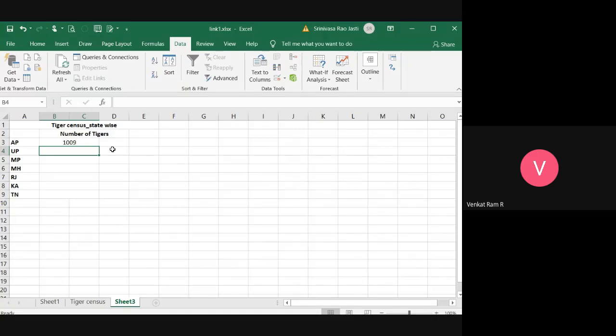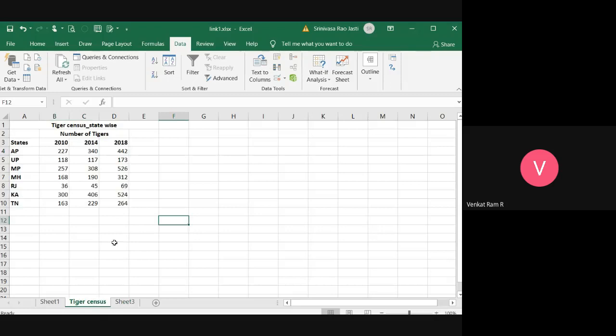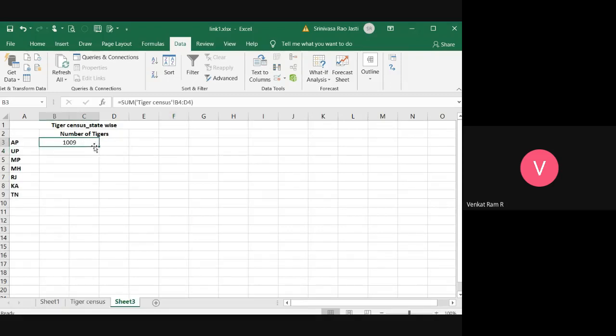See, I didn't do anything. I just entered the data here, but we can merge the data from another sheet also, and you can just copy and paste. Automatically you will get the other data. Okay, this is how you are going to link one sheet to another sheet. Okay, understood? Yeah or no? Understood how to link one worksheet to another worksheet?